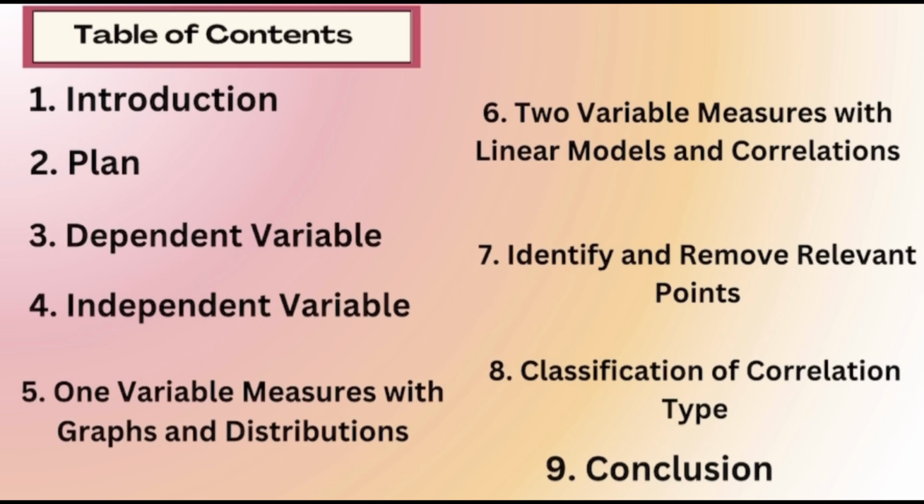Relevant points, discussion and identification of relevant data points affecting the relationships. Removal of irrelevant points, explanation of how irrelevant data points were filtered out to ensure accurate results. Conclusion, summarization of findings, conclusions drawn from the analysis, and implications of the common cause correlation between life expectancy, smoking, and alcohol consumption. This table outlines the structure for the content covered in my analysis, guiding you through each section